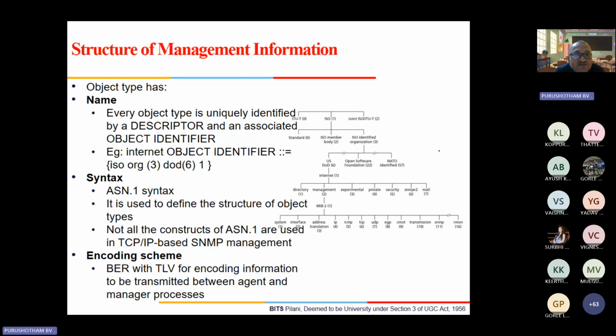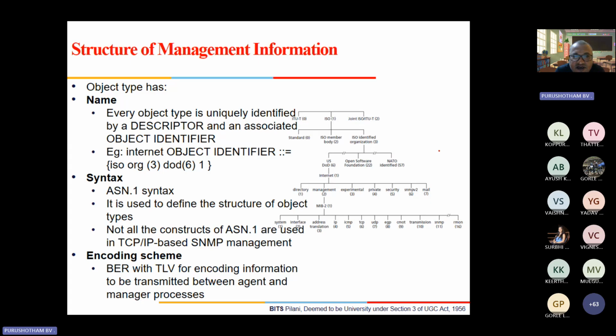For example, an object type has a name, syntax, and encoding schema. Every object type is uniquely identified by the object identifier. So there is an object name or descriptor and an object identifier. That is how we can uniquely identify things.